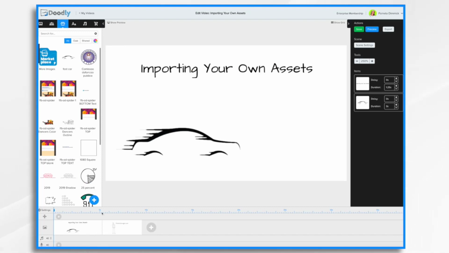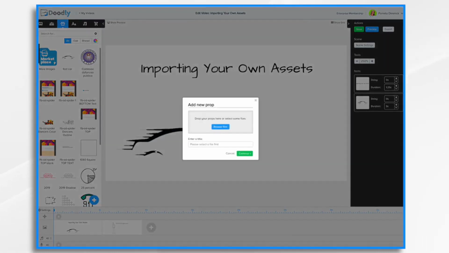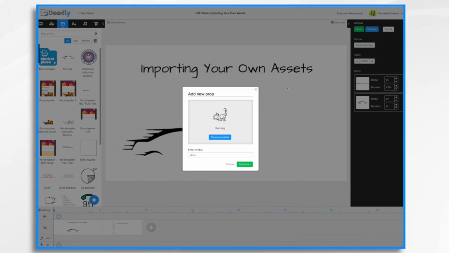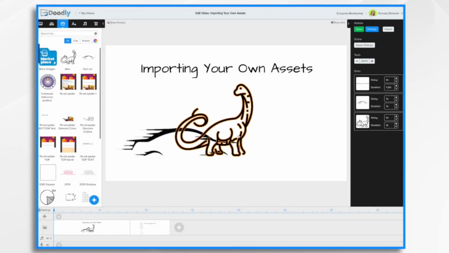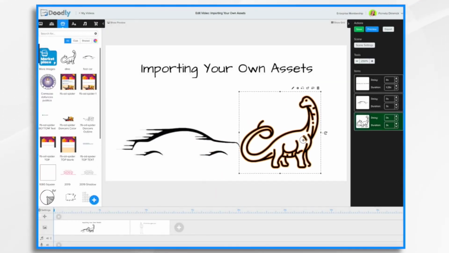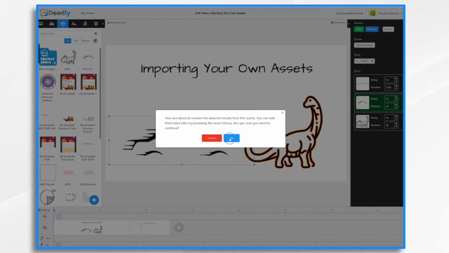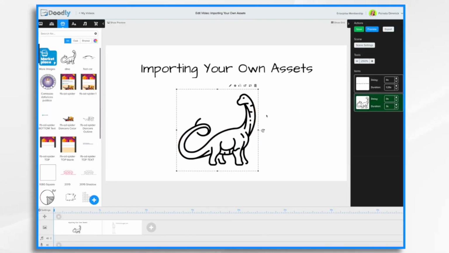So let's go ahead and do one. I have a little dinosaur that I found, dino.svg, and I'll keep that name. And here he is. Let me go ahead and delete this car for now. So he's in SVG. So if I click this pencil icon,